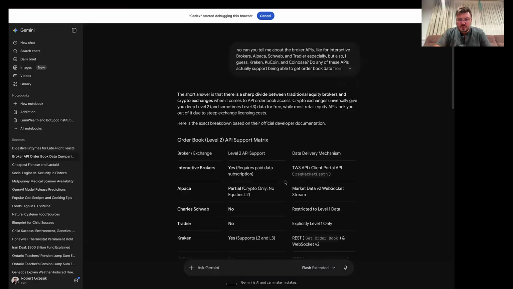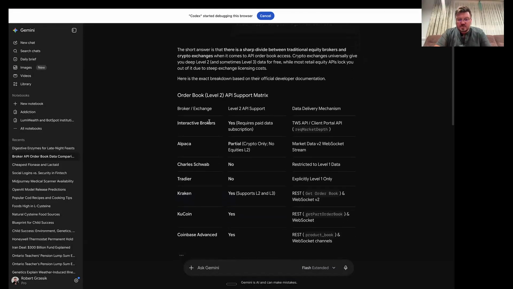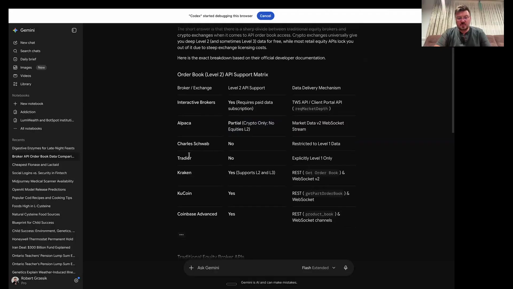Okay, short answer. Interactive Brokers has it. Alpaca is partial, only for crypto. Schwab, no. Tradier, no. Kraken, yes. KuCoin, yes. Coinbase Advanced, yes. So for equities, Interactive Brokers is really the only one that supports it,